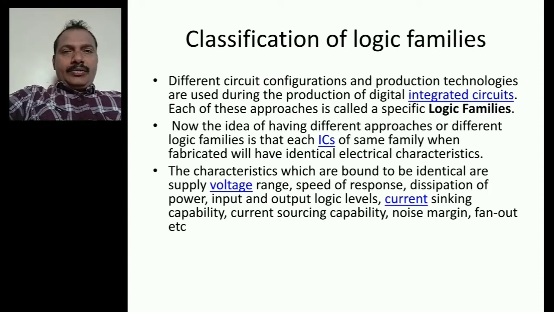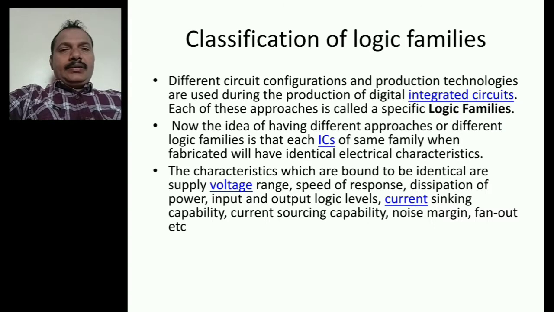So we have transistors, BJT transistors are there and MOS transistors are there. If we use BJT transistors, we get one classification. If we use MOS transistors, then we get another type of logic families. And there are sub families that we will see.